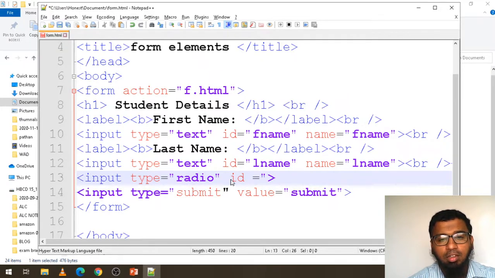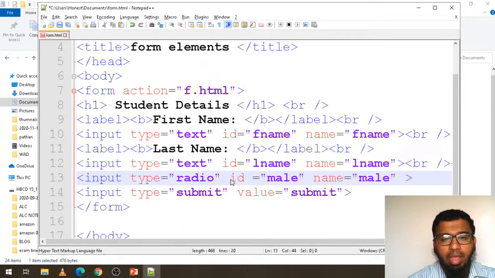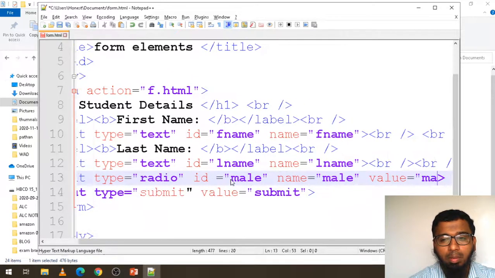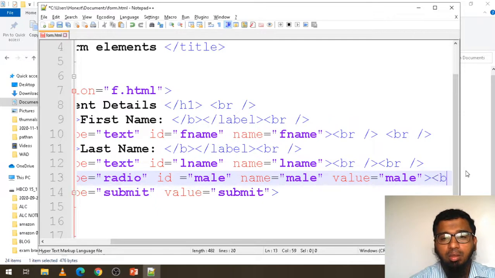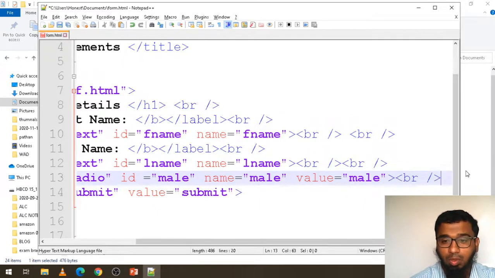ID is male, name is equals to male only, okay, and you can write the value also. Value is equals to male. So whatever the thing we are going to do with the radio button, we need to do that. So I am writing here BR, okay.